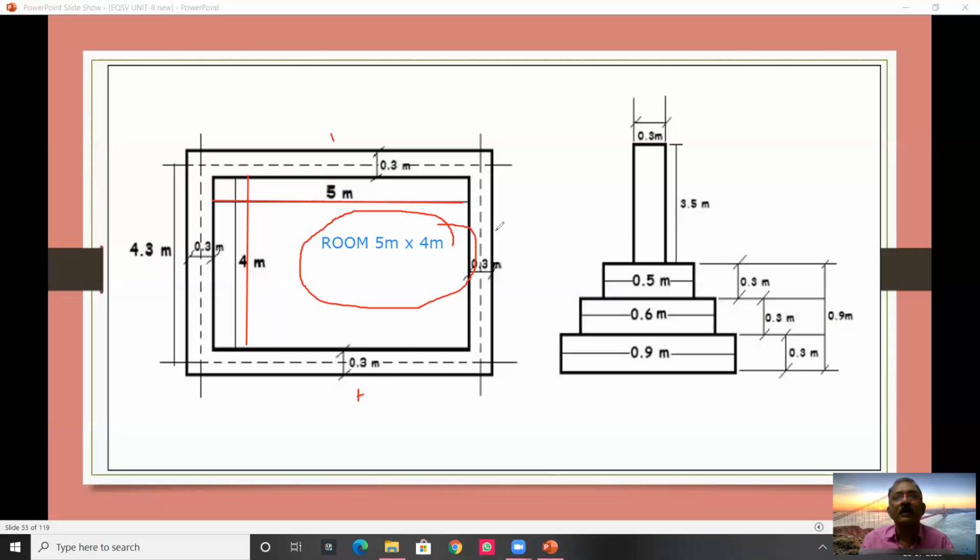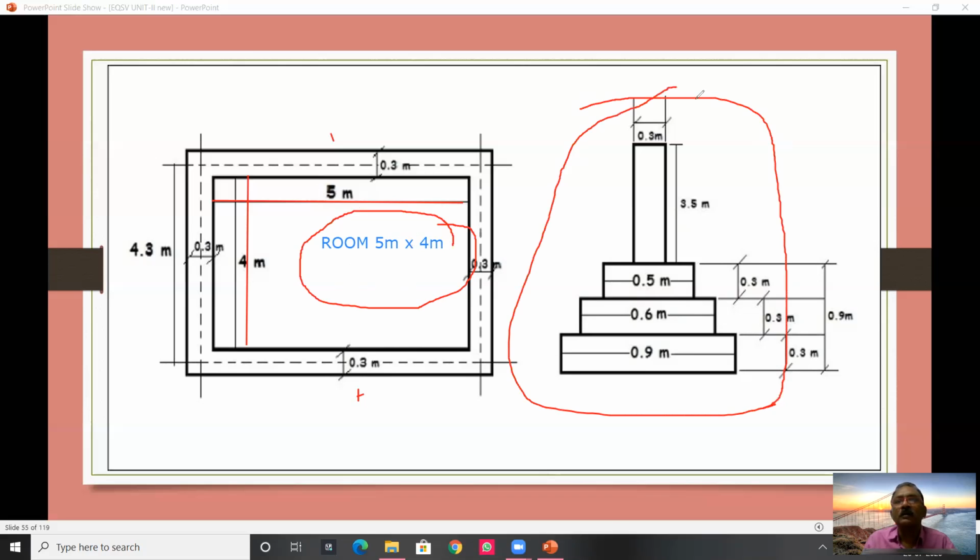This side is also 300 mm, both sides are similar, symmetric walls. So that is 300 mm. You have to convert it into meters. This is the plan. How to calculate? Just understand this section. You have to imagine and picturize this section.